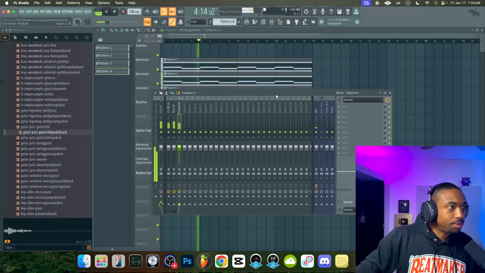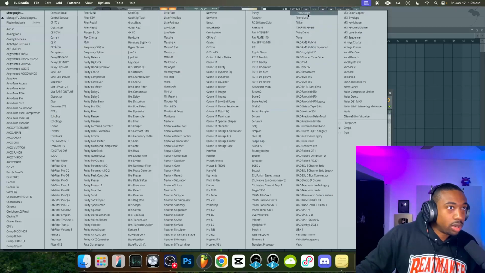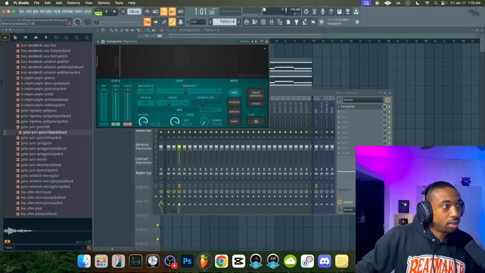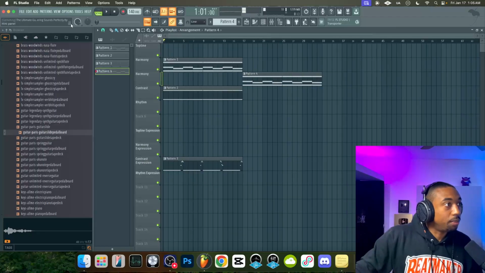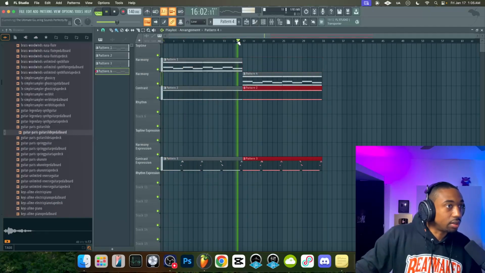Let's add the plugin called Transporter in FL Studio. This is a really good plugin for those who want this kind of sound. So this is how you start arranging. Now I'm going to start adding a plugin that adds a very unique sound. And what I want to do is bring that sound in over time, so that we can swap out the harmony section for the new harmony. It's the same exact notes, it's just a different sound.